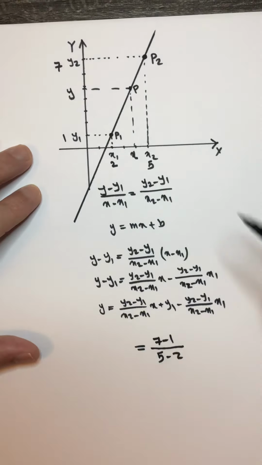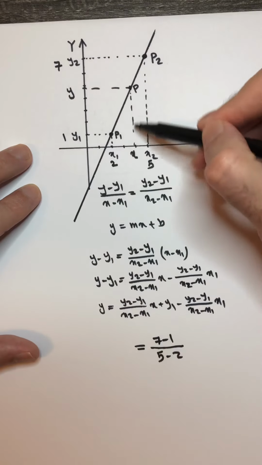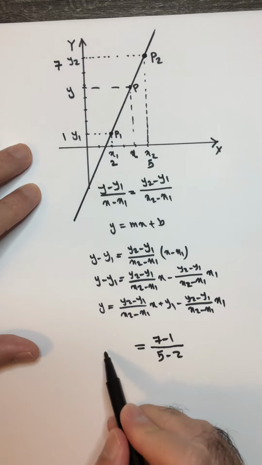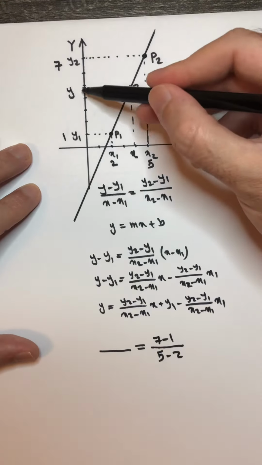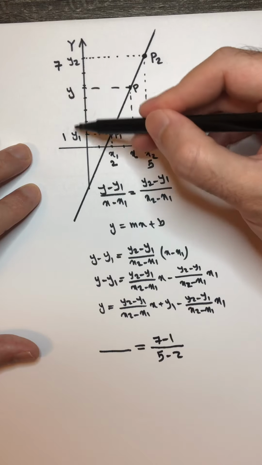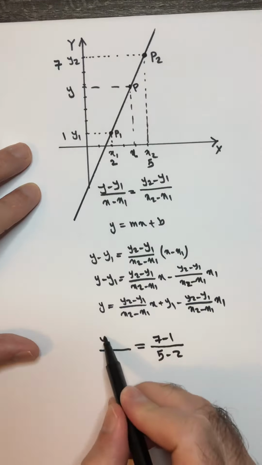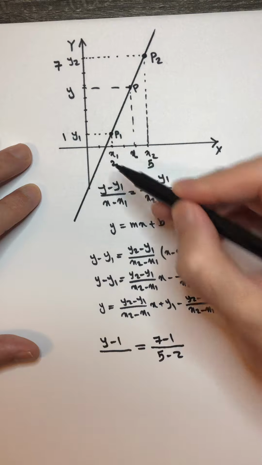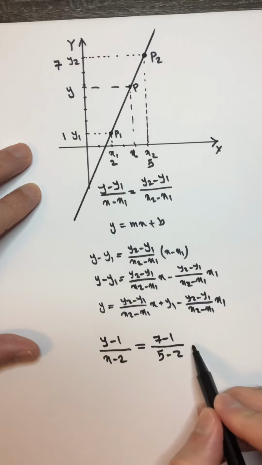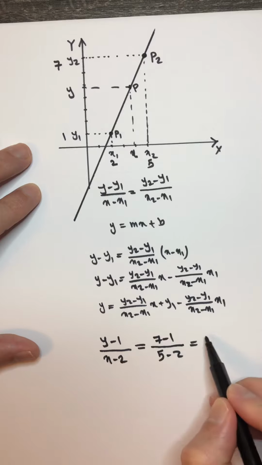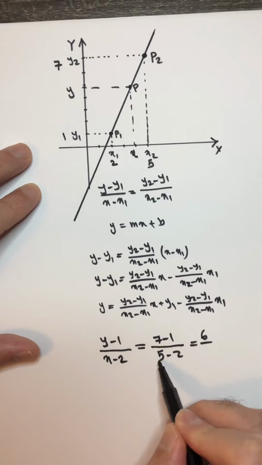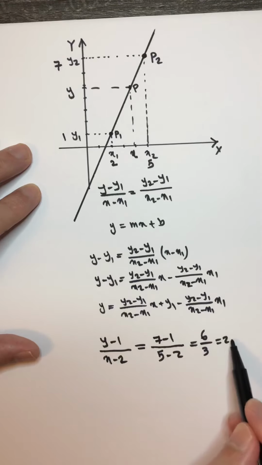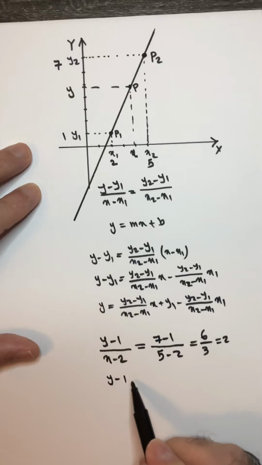And we equate this to the slope of the line found using point P and point P1. So we have the difference between the y coordinates, so it is y minus y1. y1 is 1, so it is y minus 1, divided by x minus x1. x1 is 2, so it becomes x minus 2. And this part is just 7 minus 1 is 6, divided by 5 minus 2 is 3, so this is just 2. Then we multiply this part by this part, and we have y minus 1 equals